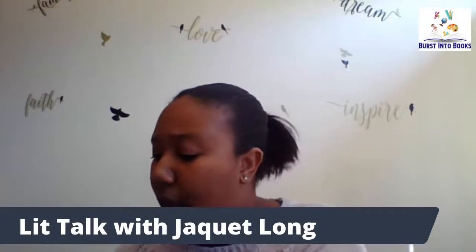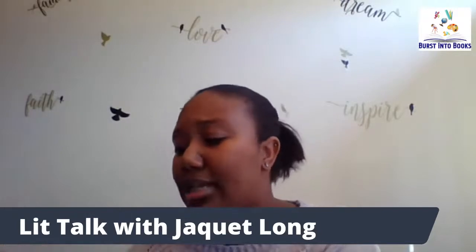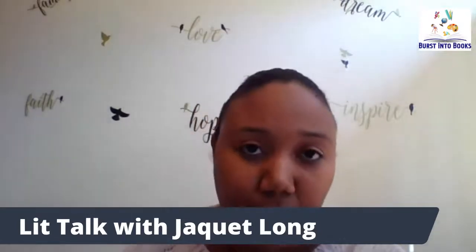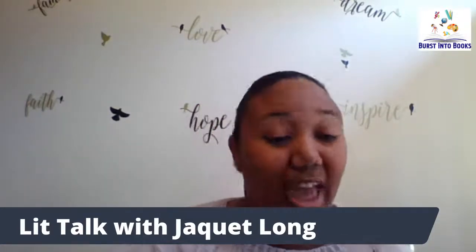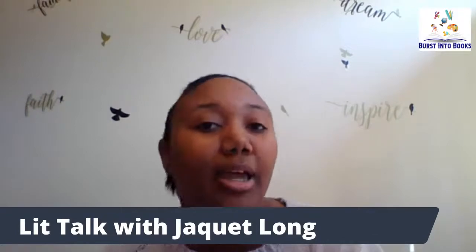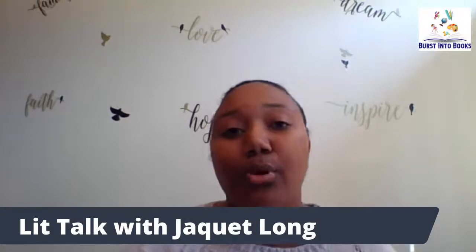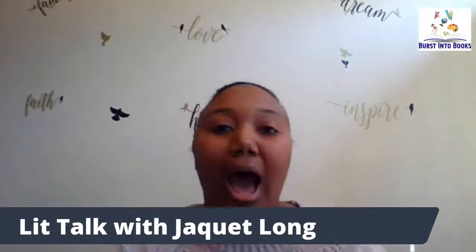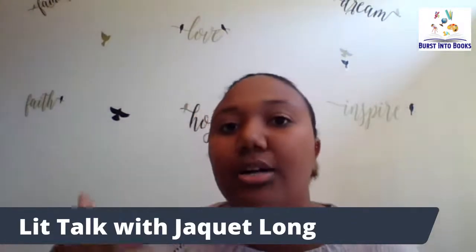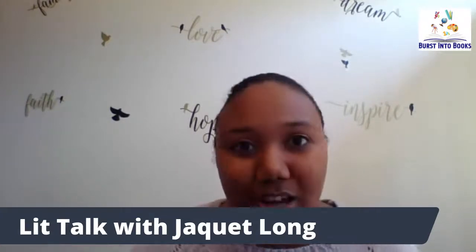Searching for the pattern in books. For example, if you're reading at kindergarten levels, nine times out of 10, they always have a repetition and it always has a pattern. So for example, if you know the L in look, then you're going to know the B in book, right? So always look for a pattern. The book may say, I am hot. I am cold. I am this. They will begin to understand the pattern, and then they'll be able to identify the words and build their vocabulary